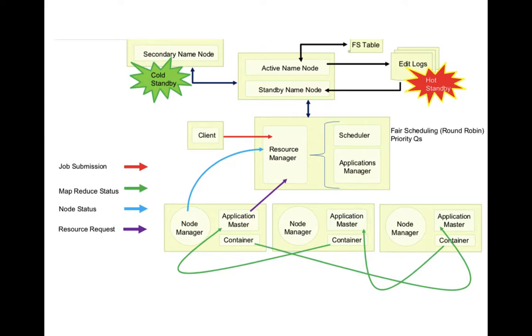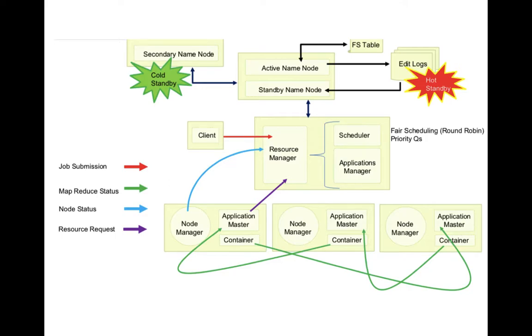To take care of the job tracker's responsibility, we have a resource manager, which is split into two parts. One is the scheduler, and the second is the application manager. Whenever a client submits a job, the first point of contact of the client now becomes the resource manager, and then the resource manager gets connected to the active name node, and it fetches the information where exactly the file is located. In case of an HDFS write operation, if the client wants to upload information to HDFS, the resource manager gets connected with the application manager, which ultimately takes the information